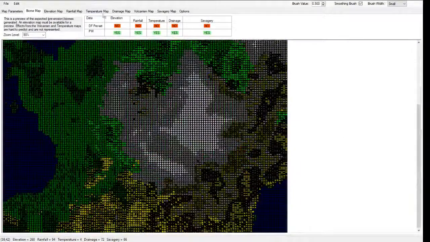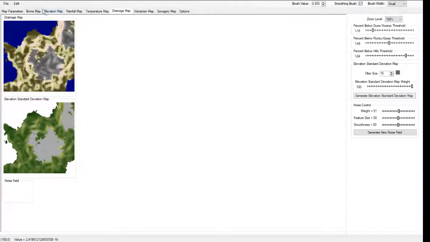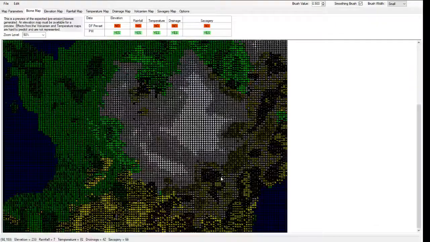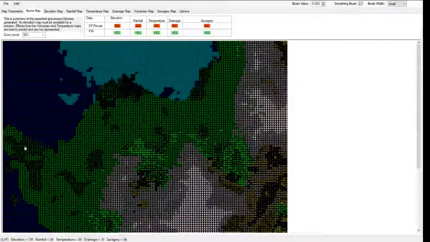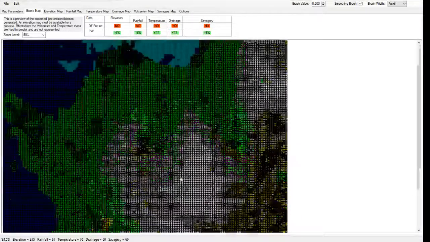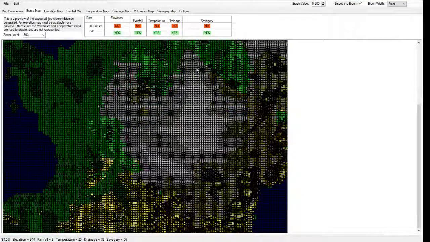Let me try, yeah, like right around down here. There are going to be areas that are going to be more swampy because they have very low drainage. And these areas, like around the mountains where the water is going to run off more, aren't going to